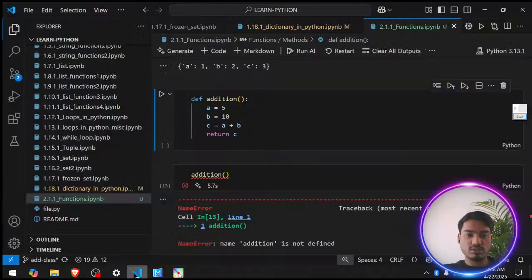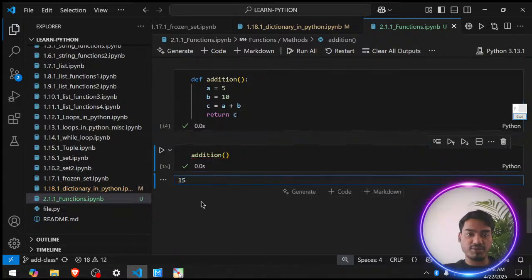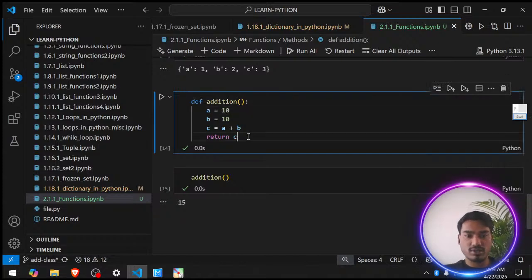No question। Okay, so I will run this first, you have to run this first, and then I will get a value of C as 15।